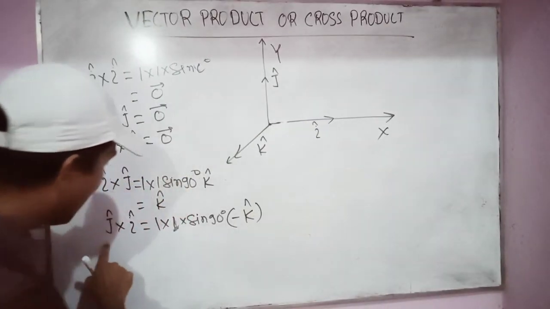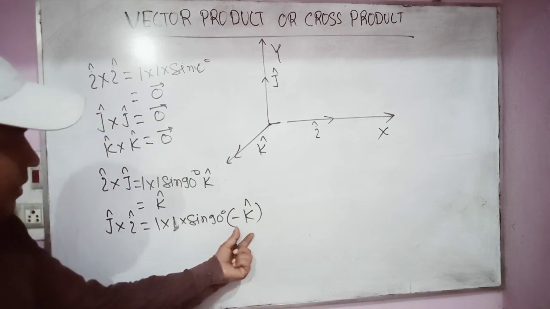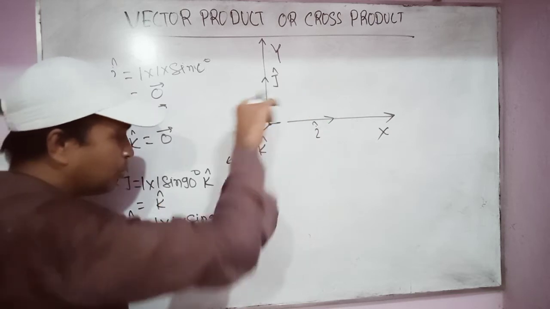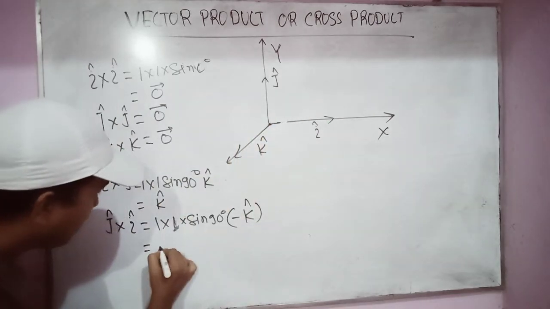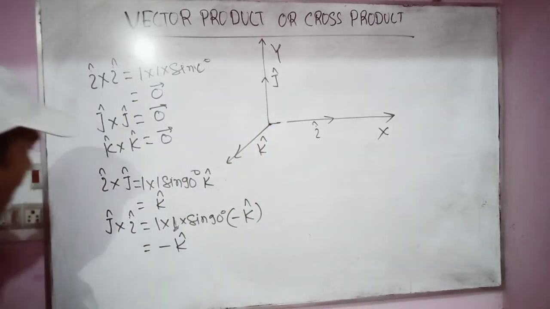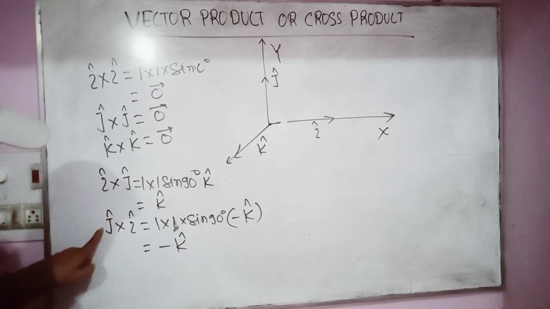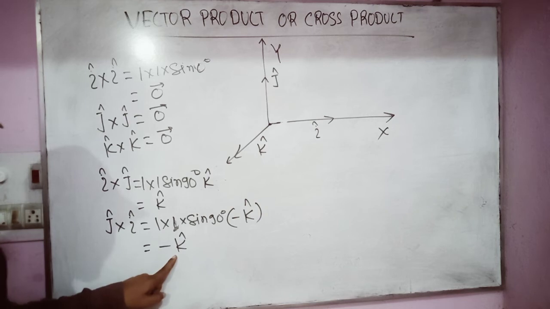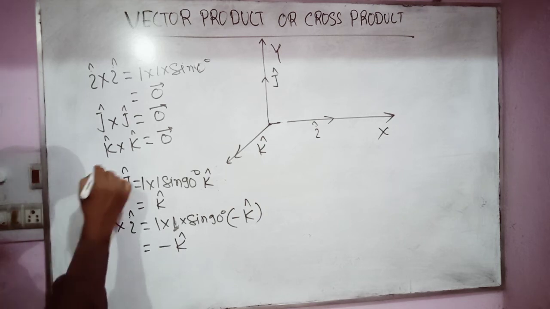The direction of j cap cross i cap is minus k cap because it is coming out to be into the board. So this is equal to minus k cap. So i cap cross j cap is not equal to j cap cross i cap. They have the same magnitude but opposite direction. Similarly,